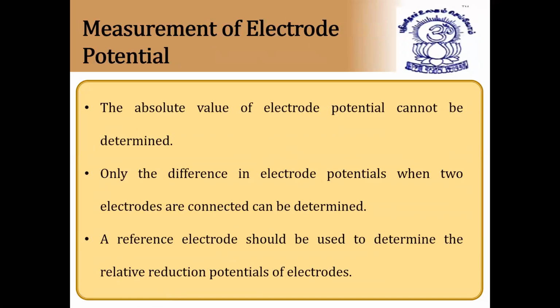So how to measure electrode potential? The absolute value of electrode potential cannot be determined. Only the difference in the electrode potentials when two electrodes are connected can be determined. A reference electrode should be used to determine relative reduction potential. So how are we measuring the reduction potentials? Like how we measure atomic weights by using the carbon-12 atom, the same way here also we require a reference electrode to determine the relative reduction potential of electrodes,